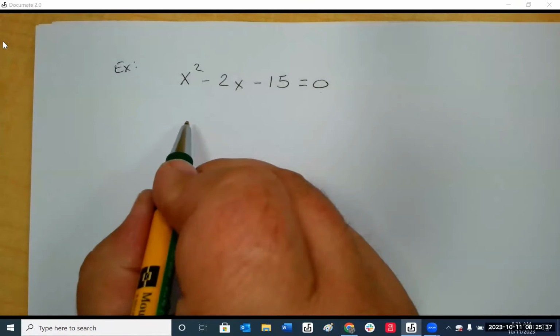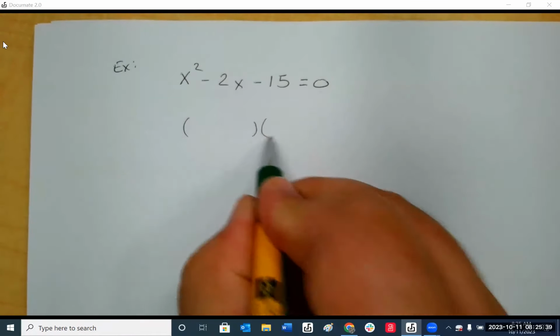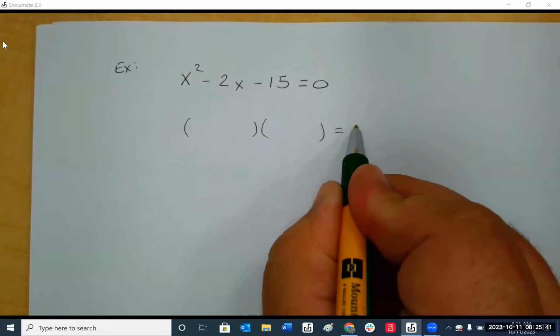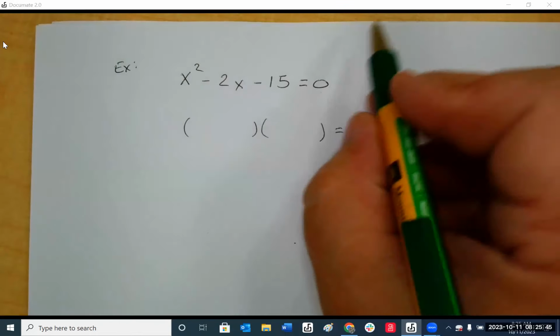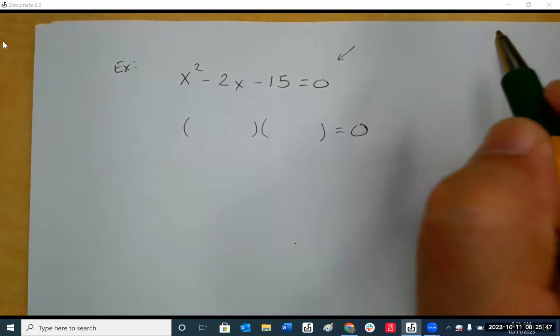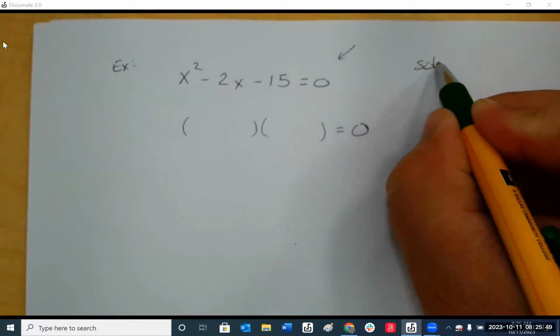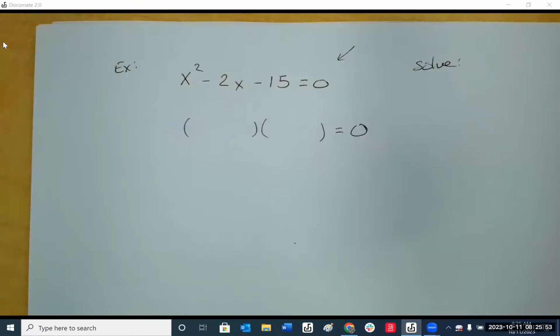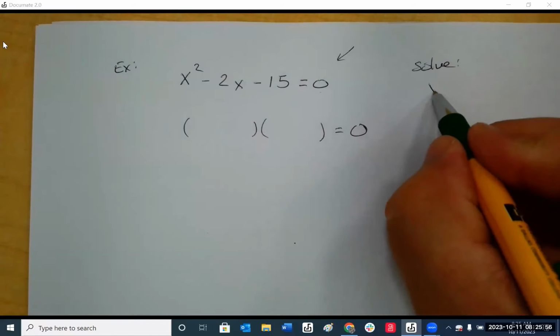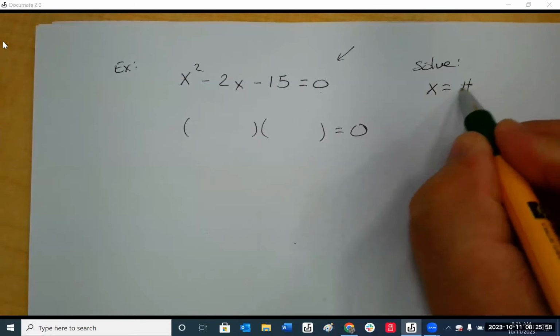Now go ahead and factor this one out. Because now, since it's equal to 0, we are solving this. We're going to find the values of x that make this a true statement. We're not done until x equals